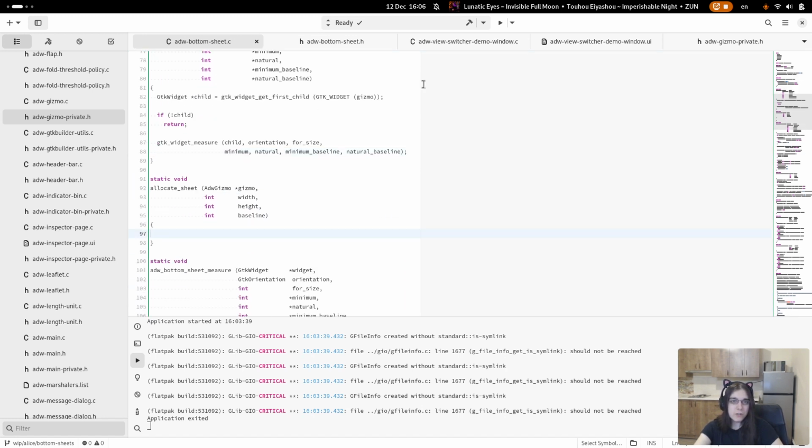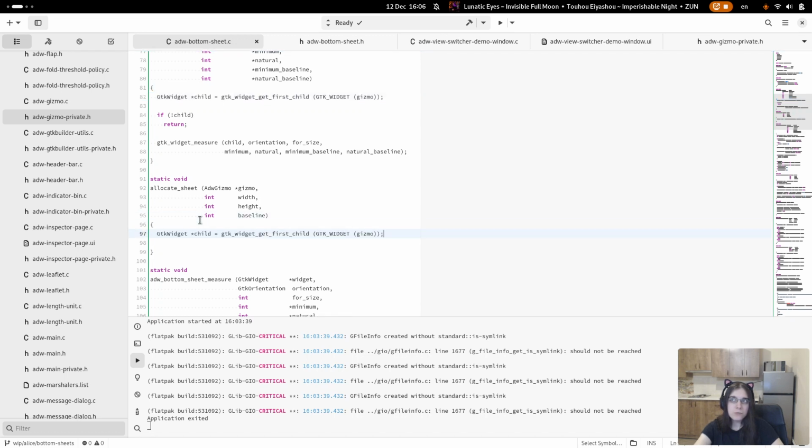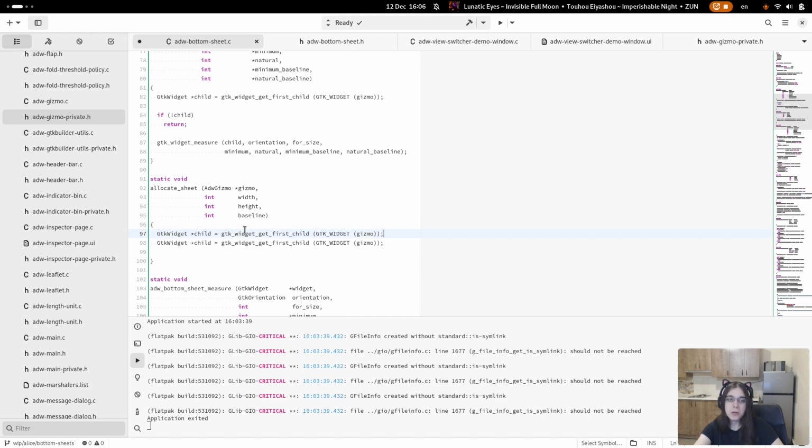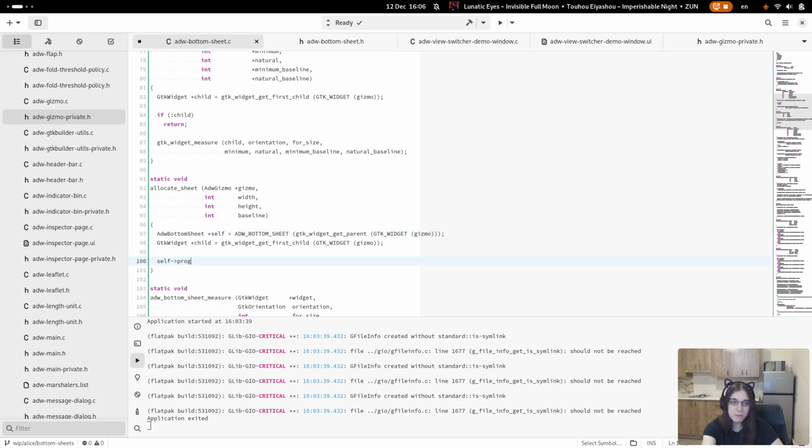Now allocate. Once again, we need the child, and I guess we'll need the progress value this time, which means we need the actual bottom sheet widget too, which is just the parent. Now we can access self progress.